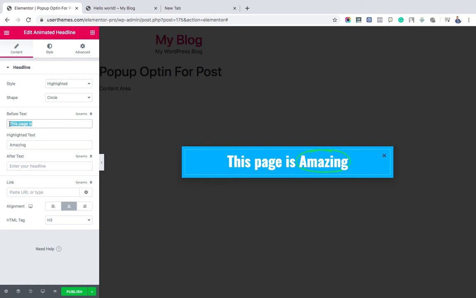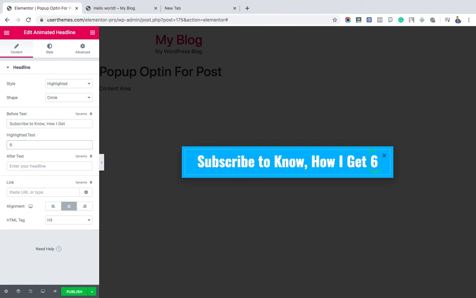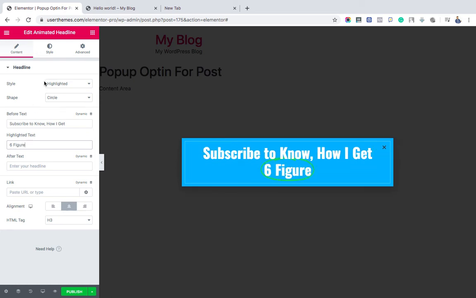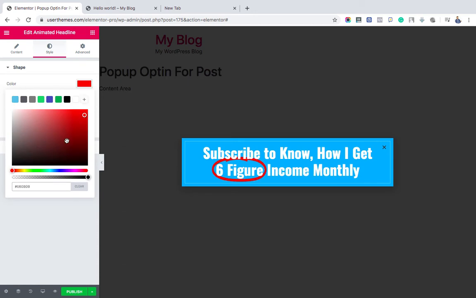I'm adding the text in the before text. For the highlighted text, and for the after text. When you come under the style settings, you can adjust the width of the highlight. You can see the width of the highlight is increasing when I go up, and you can change the color of the highlight as well. Now I'm going with the default option green color